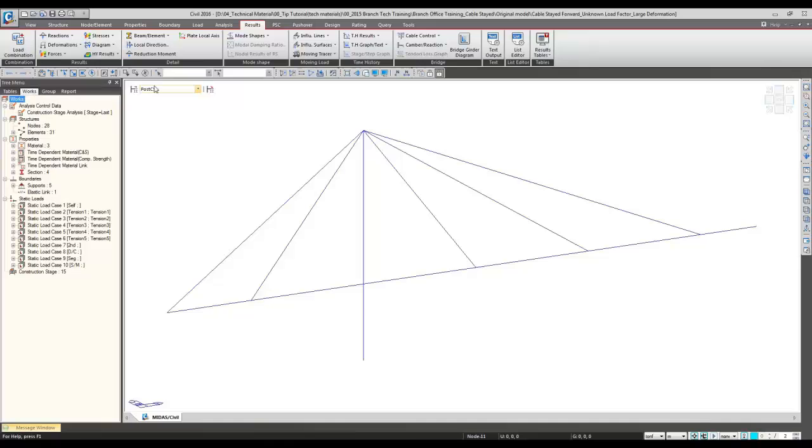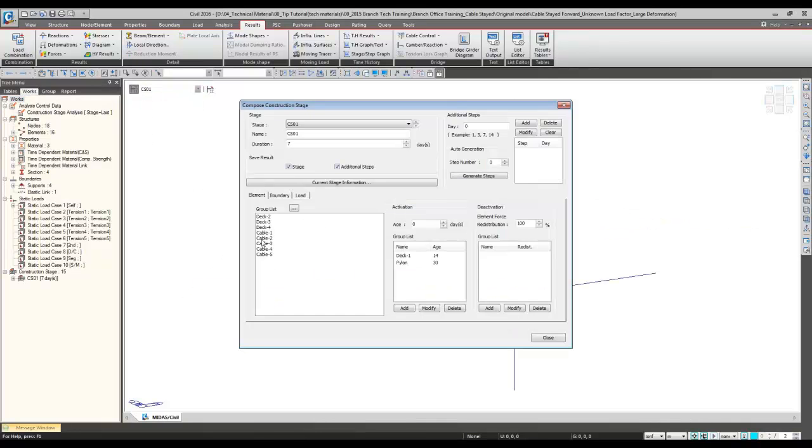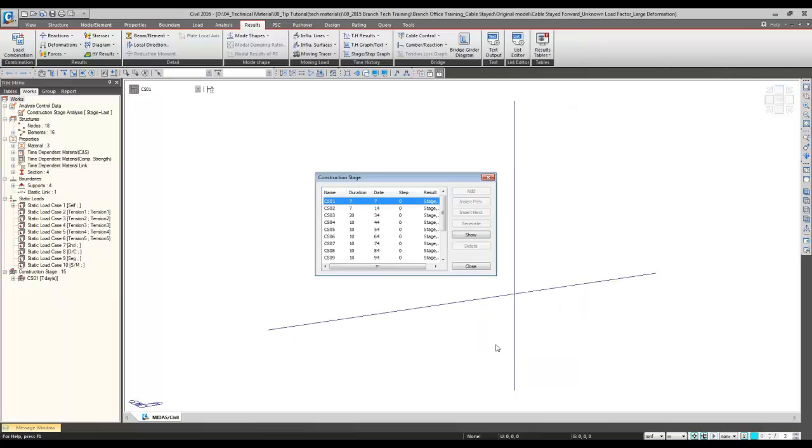So this is the modeling method 2. Firstly, we should save each of the construction stage with the additional step and the stage. So for each of the steps, we have checked all these options, and then